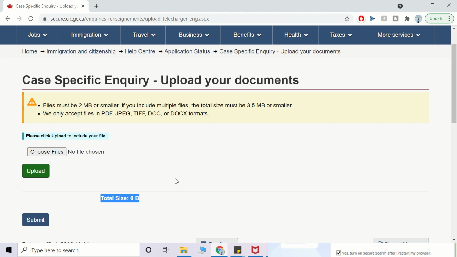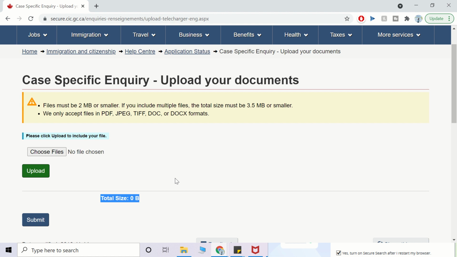So within the 5 business days, or even around 5 business days, you'll get another reply from them saying that we have received your police clearance certificate, we have forwarded it to the right officer, and they will be able to link it to your application. Or they can say, we have already linked it to the right application, here's the confirmation. So depending on the case, they'll reply to you.